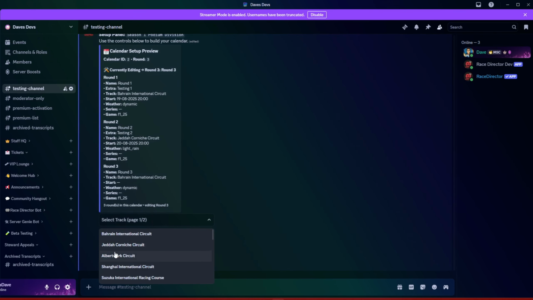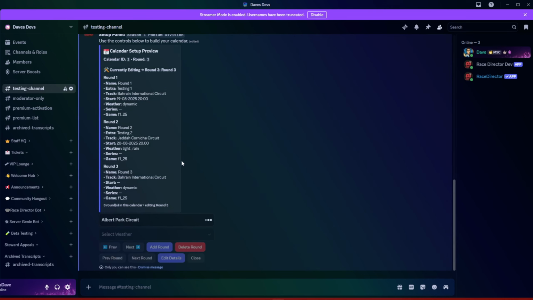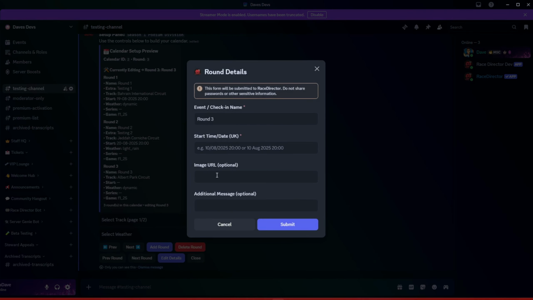So let's pick another track. Let's say we're going to go to Albert Park. So this first one, Bahrain. Next one, Jeddah. Round 3, Albert Park. Weather, let's go back to dynamic. Series, don't need to touch series. Start time, let's just say start time round 3. Image URLs. Let's just say start time is the 21st August